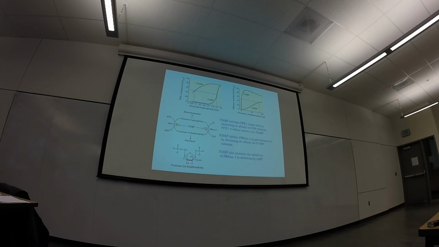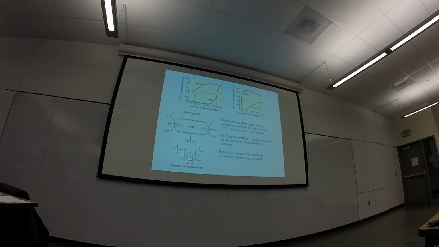So you can see what happens here. If you have it, the phosphatase has a really tough time binding its substrate. This is the substrate of the phosphatase here. And if you don't have it, then PFK1 has a tough time binding its substrate. Right? If you don't have it, here's the substrate for PFK1 going this way. If you don't have this extra metabolite here, then the response of PFK to its actual substrate is much worse. So this is telling you how it works.